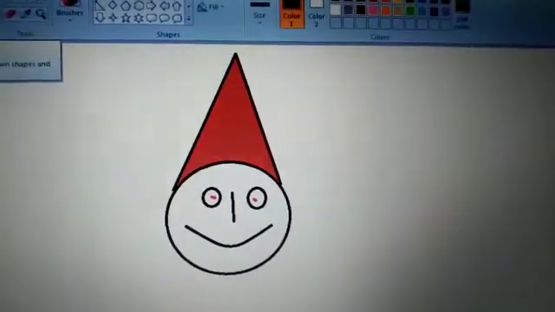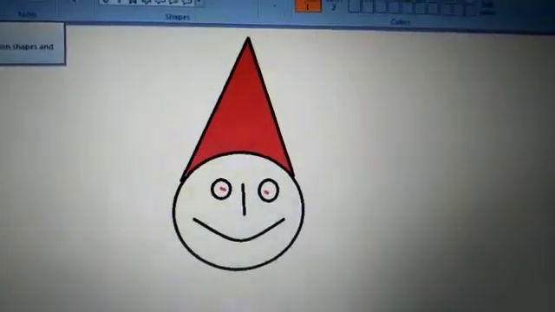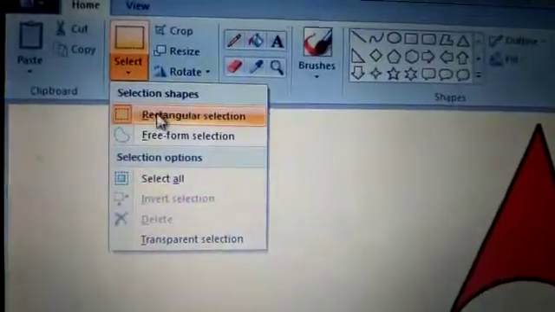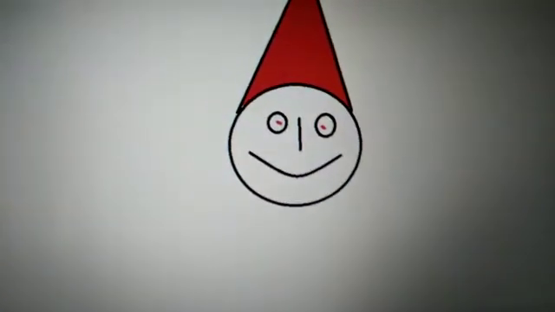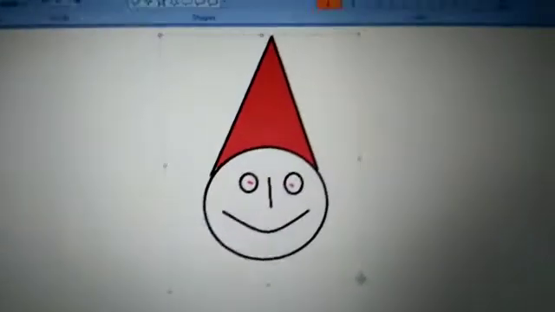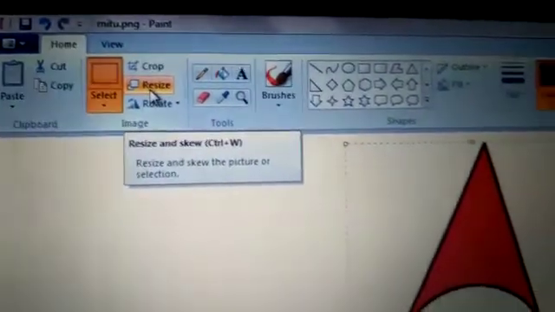First, we have to select the image or part of the image. We click on the Select tool, then select the option rectangular selection. Now select the complete picture. Picture is selected.